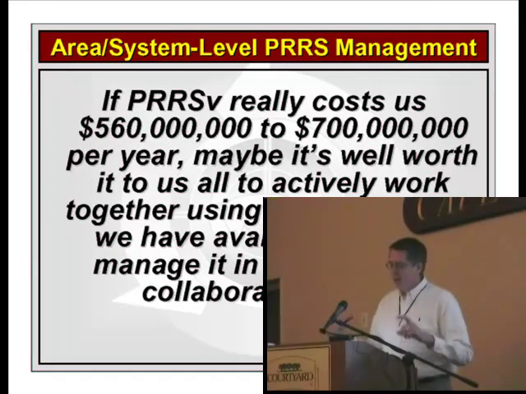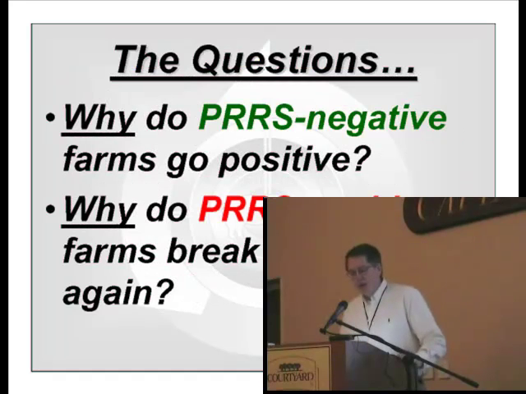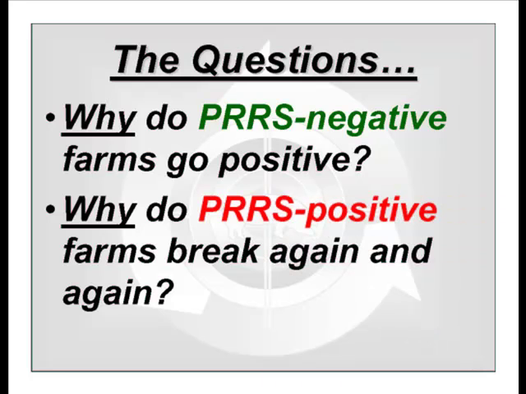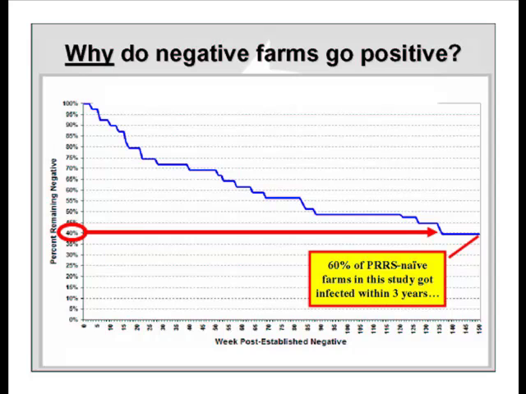I want to start out with a couple of questions. When it comes to PRRS, it's the two basic questions. The first one is, why do negative farms go positive? The second one is, why do positive farms break again and again? And just to illustrate a little bit of why do negative farms go positive, some of